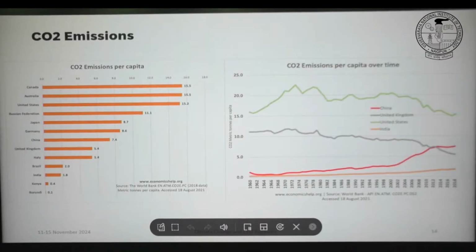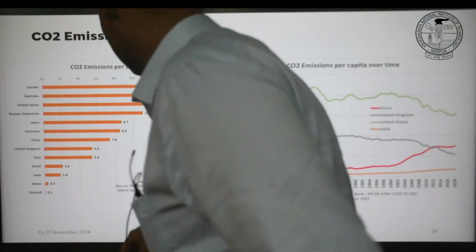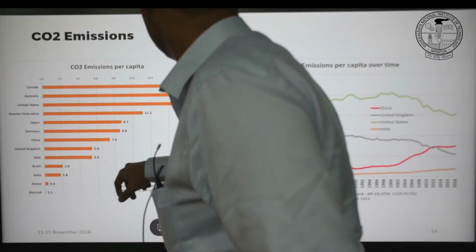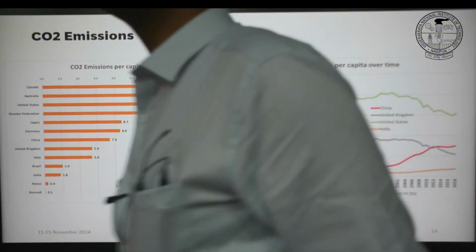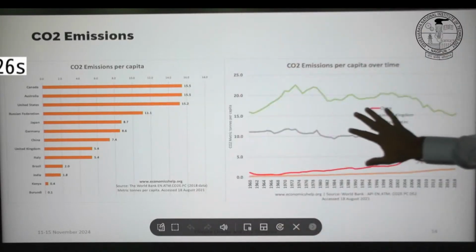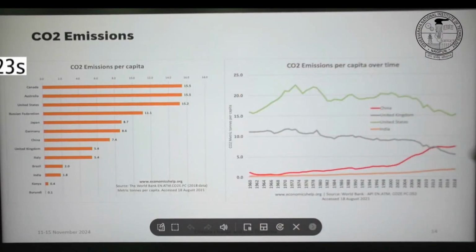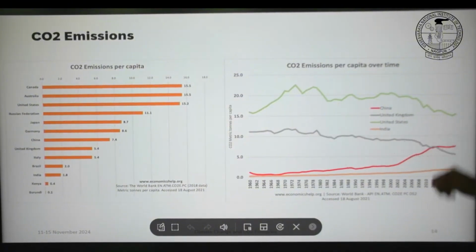So here you could see the CO2 emission of some of the countries I was already mentioning. Let's see where we stand, 1.8, and where all these Western countries stand, 15, something like this, so almost 7-8 times. So that's the country perspective, but there's also a developed perspective. Here you could see the UK. Economy is going down, so energy consumption is going down. It's a little bit less. Here you could see China,